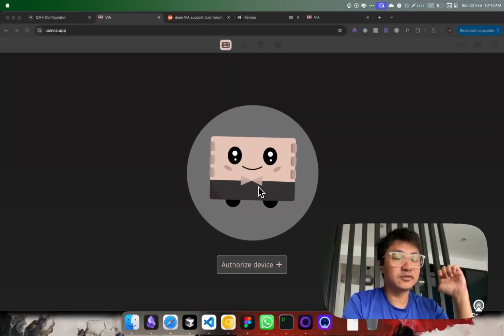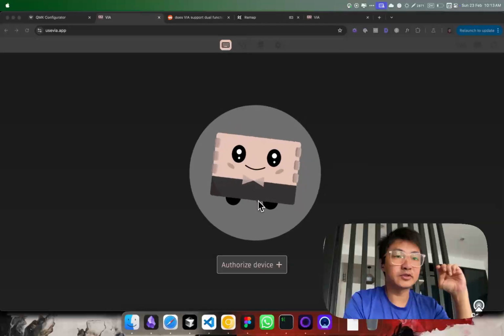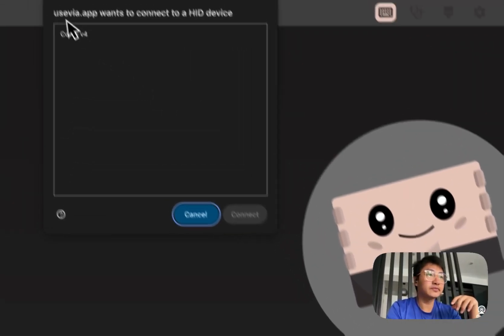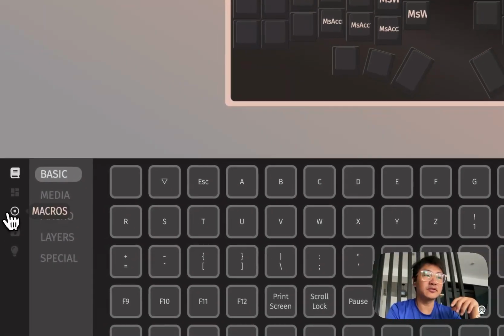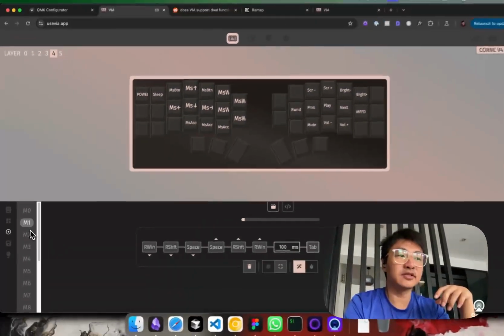Today I want to show you how to quickly create the macros for your Corne keyboard with VR. The first step is to authorize the device. Then what you do is go into the macro section. This will allow you to program your macros, and you can see I have a couple of macros that I